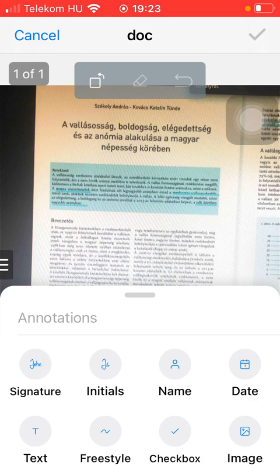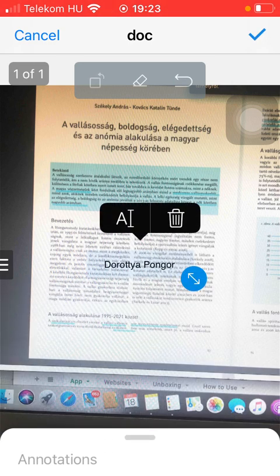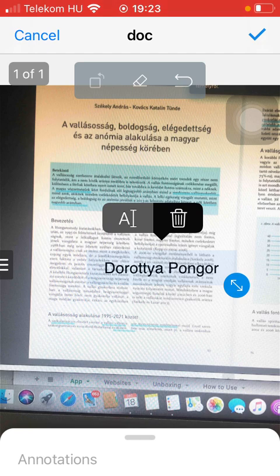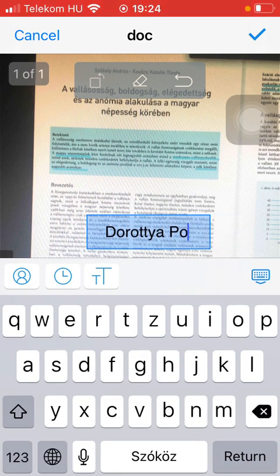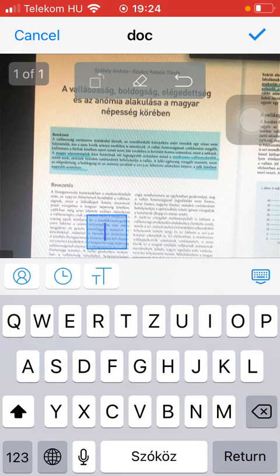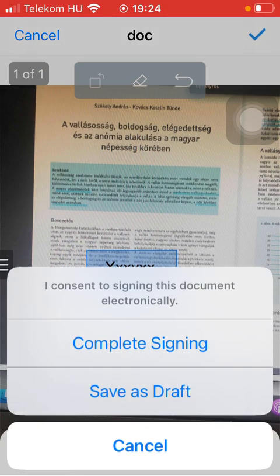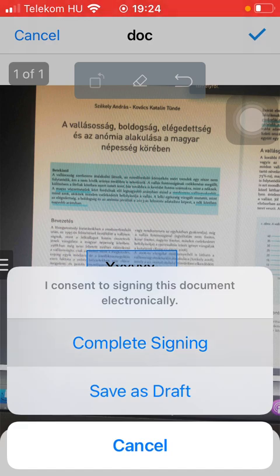click on Name, which is the third button in the first row, and after that you should make it bigger or smaller, and if you want to change it, tap on this A icon and you can delete it and type in another name. Click on Return, tap on the checkmark icon, and after positioning it, click on Complete Signing or Save as